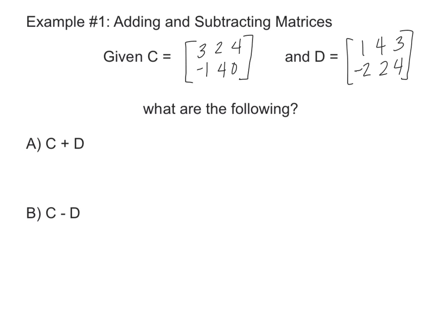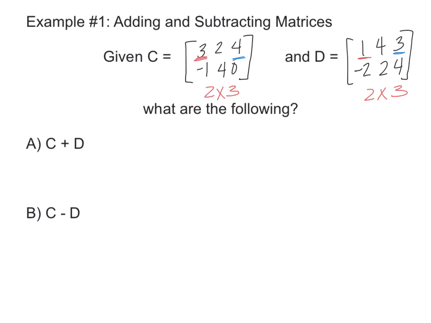First of all, on the last slide, there was something that was mentioned of corresponding elements. So I kind of want to mention what corresponding elements are. Corresponding elements are elements that are in the same exact position on different matrices. So in that sense, the matrices have to be of the same dimensions. Remember, you know dimensions by row by column. So there are 2 rows here by 3 columns, and this is also 2 rows by 3 columns. Okay, but as far as corresponding elements, for example, 3 matches with 1 and 4 matches with 3